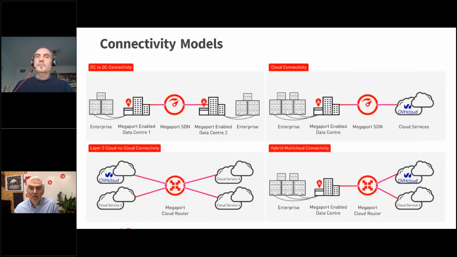Great. So just to wrap up, I'll give you an overview of the different models. We've touched upon all of these models as we've gone through the presentation today. Starting at the top left-hand side, we're looking at data center to data center. This is where the customer would take a port in two data centers on the Megaport network anywhere globally. They can then connect those together from 1 megabit per second right the way up to 10 gigabits per second,